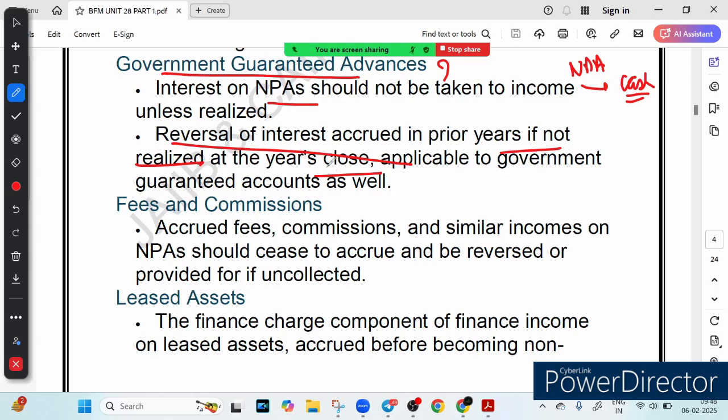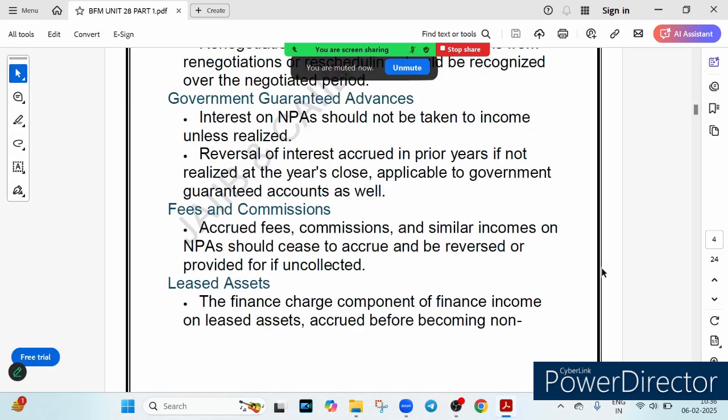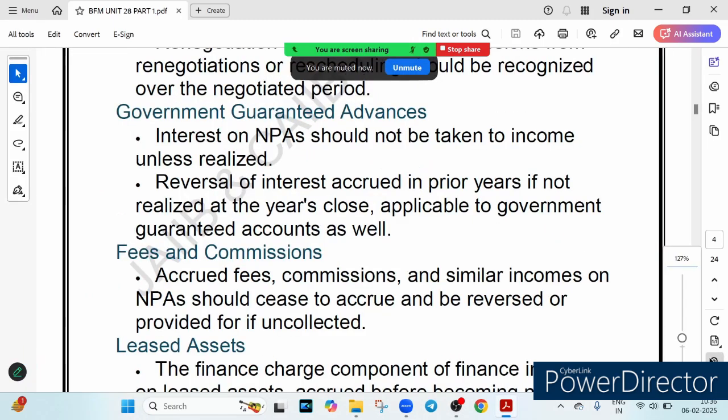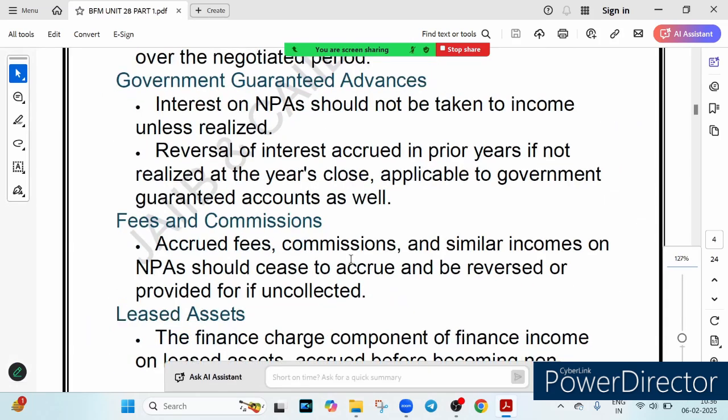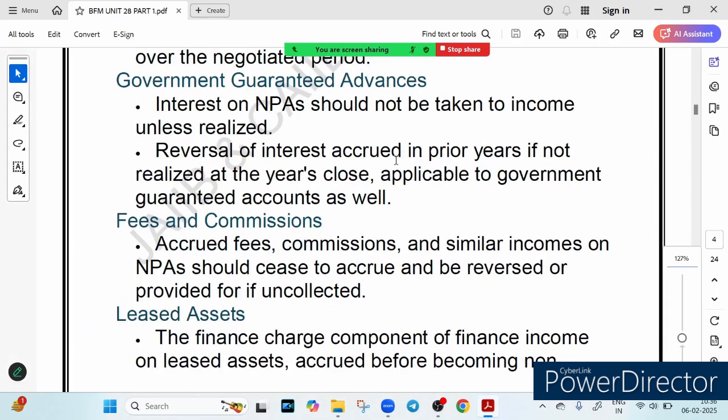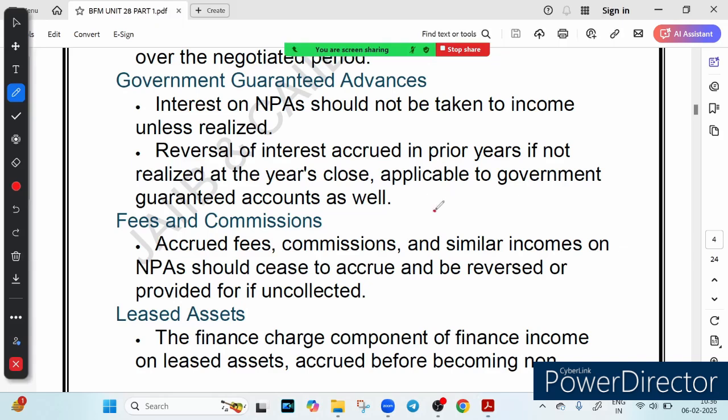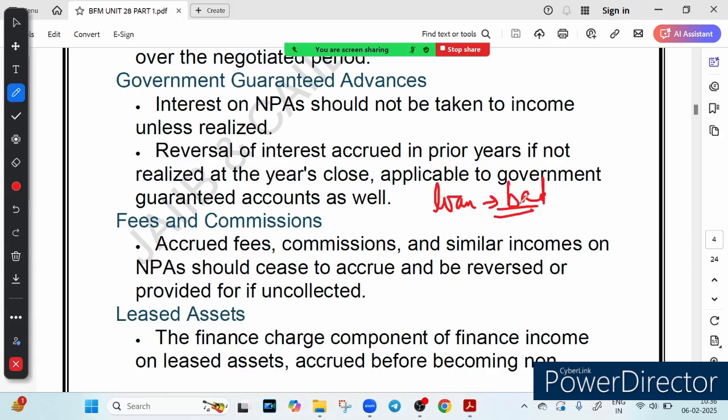Is it clear now? Now let's talk about the fees and commission. Regarding the fees and commission, you can see what happens when a loan goes bad, right? So we have a loan, and that loan turns bad. What happens to fees and commission? Banks don't just earn from interest, they also charge fees, commission and other service charges. But what if a loan turns into NPA? The golden rule is that as long as the loan is an NPA, the bank stops recording any more fees or commission